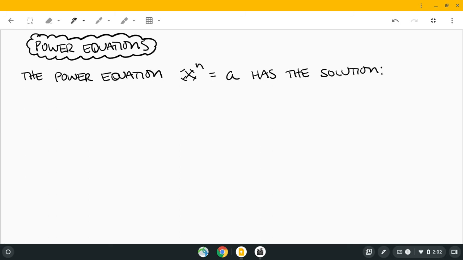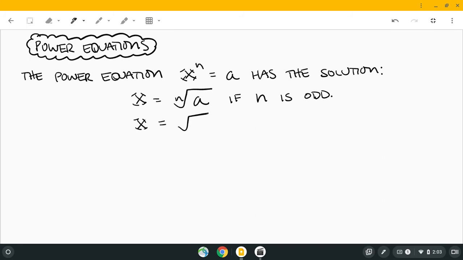So you would take this and essentially take the nth root of both sides to cancel the nth power. So it would be the nth root of a if n is odd. And then over here,